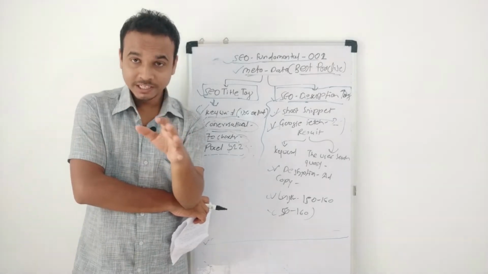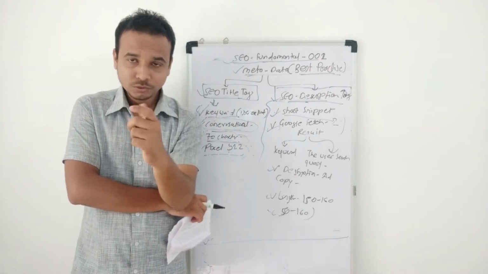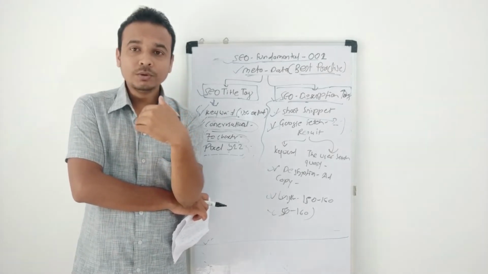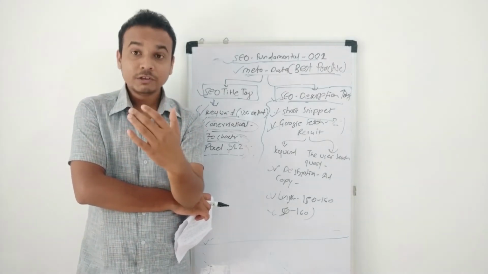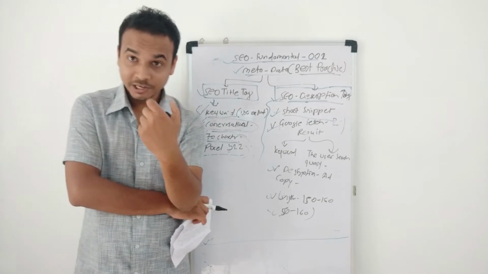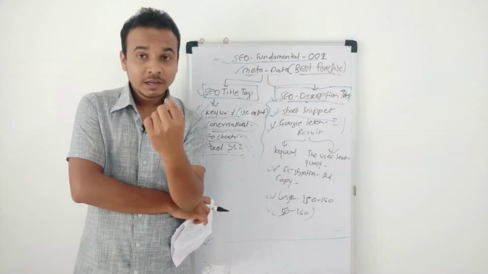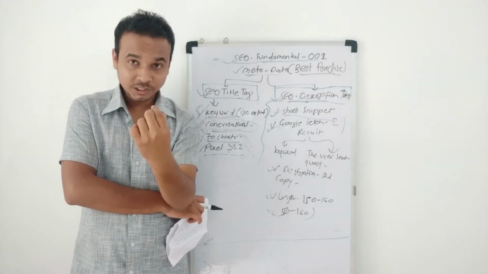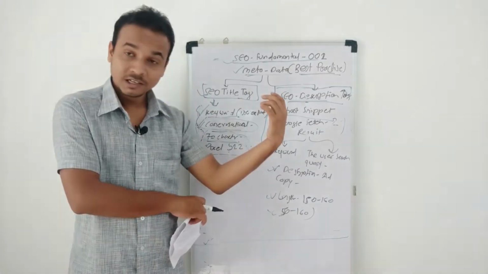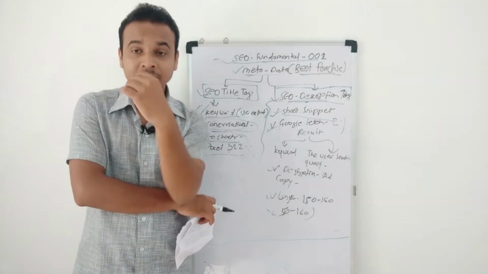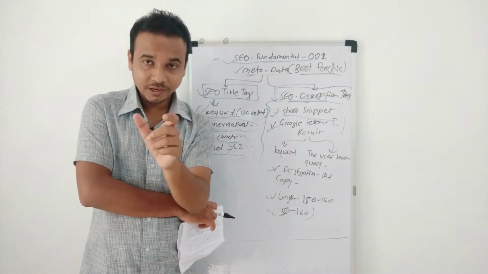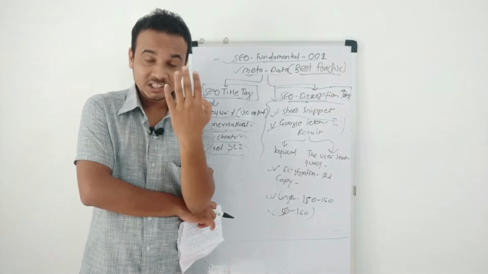Whichever keyword you are using, keep in mind that you have used the keyword in the meta title the first time. Now do it this way: use a variation of the keyword in the meta description. This is the first thing. You can use the first keyword in the meta description at the starting, and you can use another variation of the keyword in the description also. And third is,